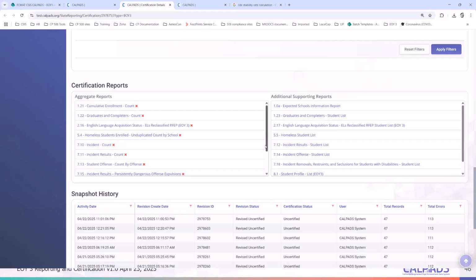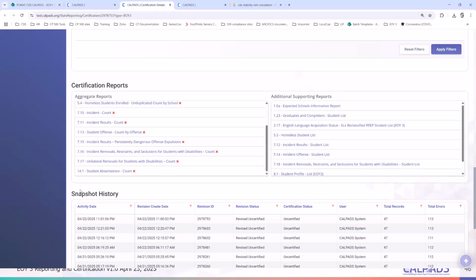And then once you've reviewed all of them, a box will appear here saying, if you check this box, you're signing your life away to CalPADS for life until you retire. Just kidding. So you're just saying that you agree that all of your data are accurate. And then once you check that box, the LEA approve button will appear, which you can then click on, right?